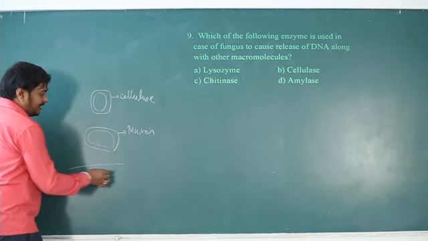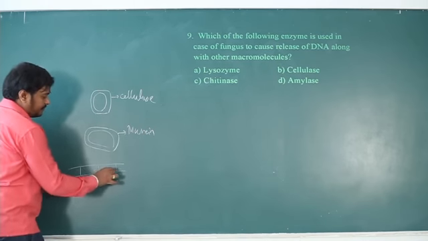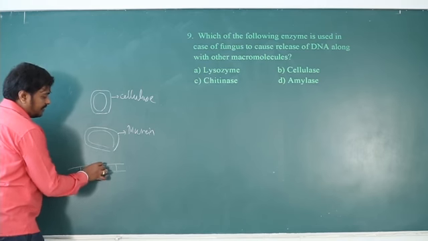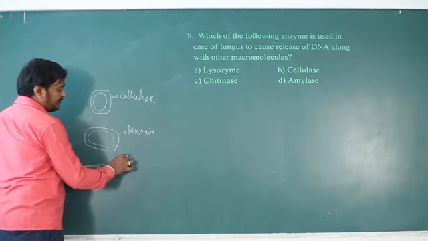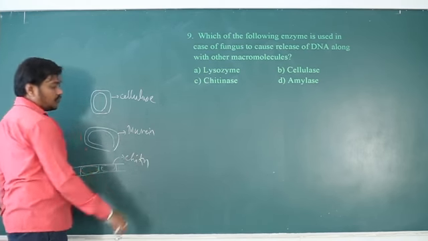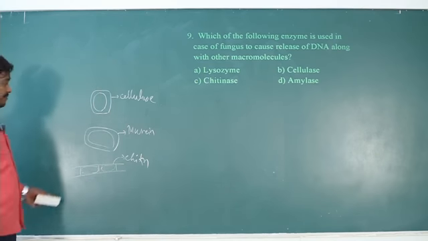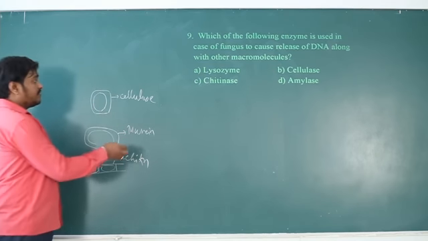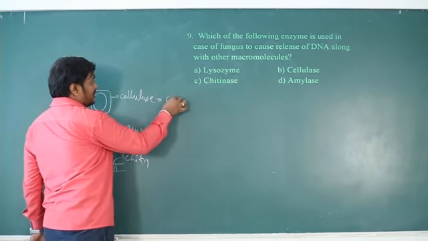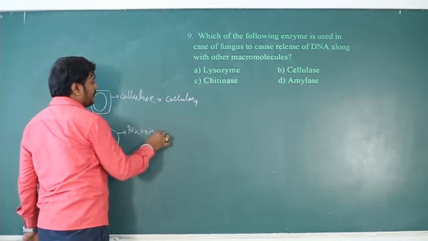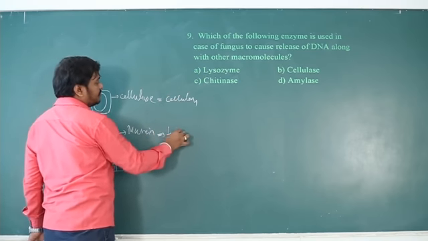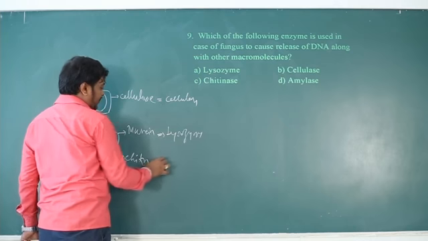If it is fungal hyphae, the cell wall is made up of chitin. To isolate the DNA, we need to remove the cell wall first. For cellulose we use the enzyme cellulase. For murein, lysozyme. And for chitin, it is